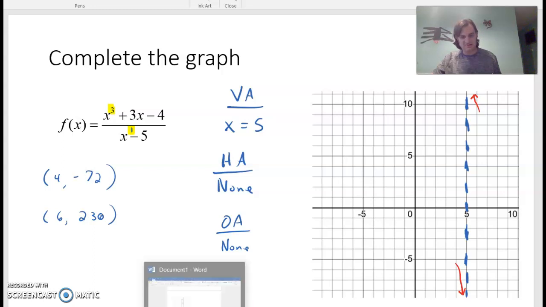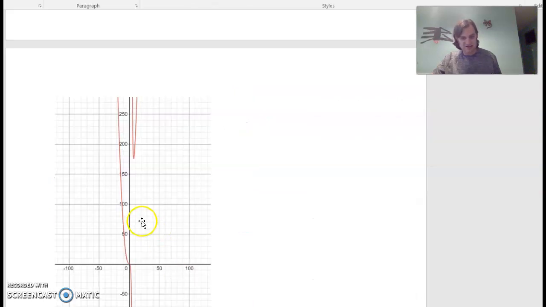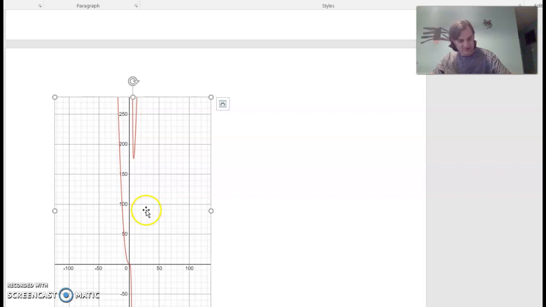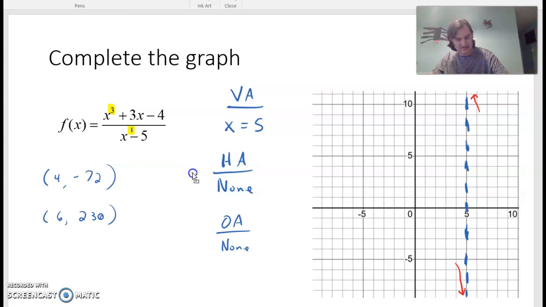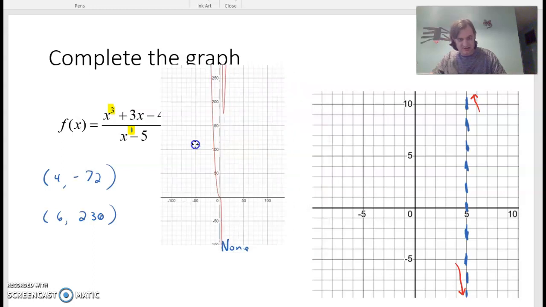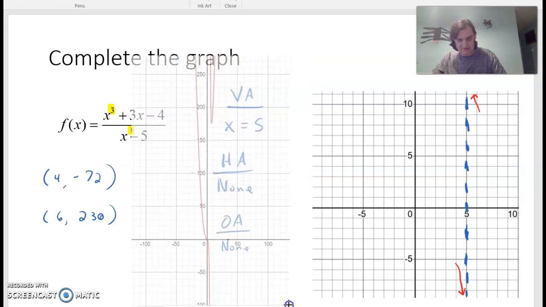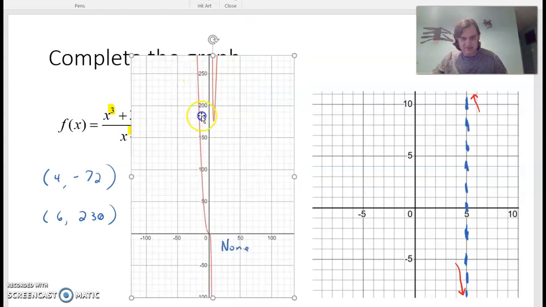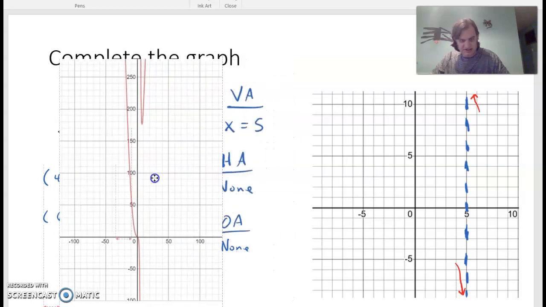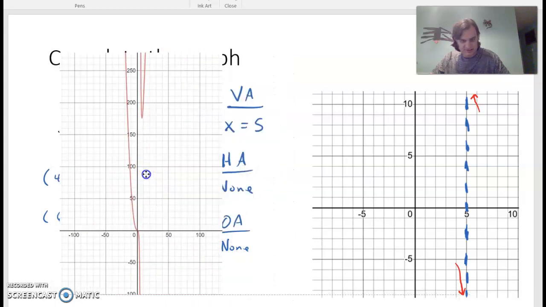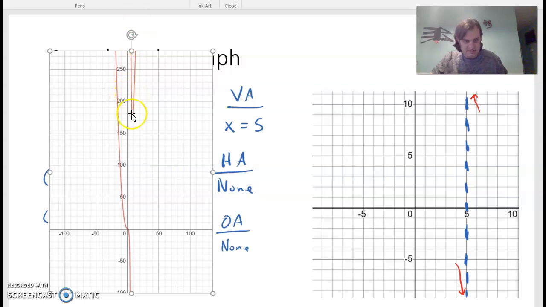But let me show you what the graph looks like, because you're not going to expect it. It's this guy. So let's bring him over and compare it to what we got and show that we've at least caught the characteristics that are here. They're not so easy to see. But right here in the middle, it's coming through it. But right here in the middle, around what's supposed to be x equals 5,